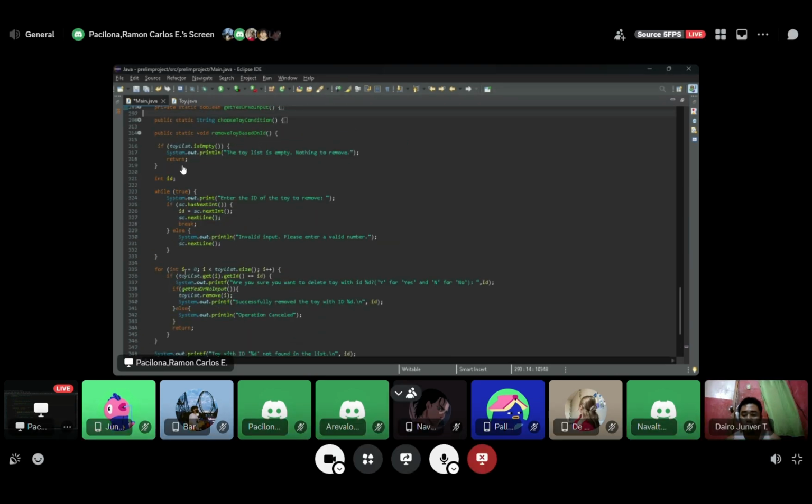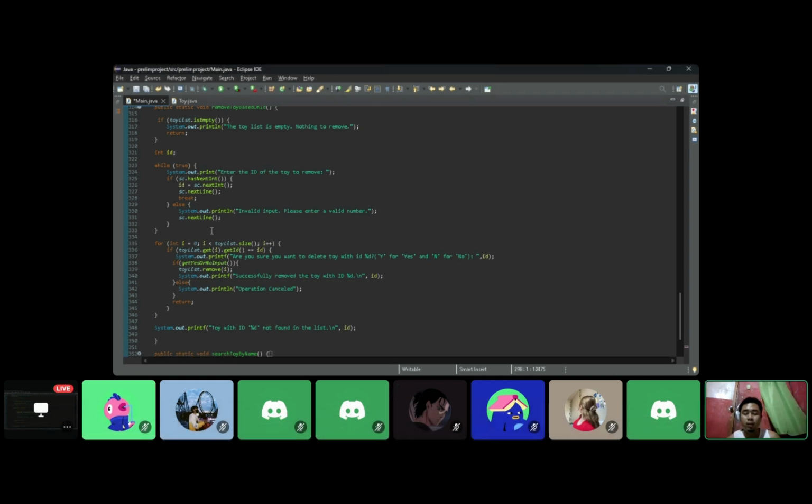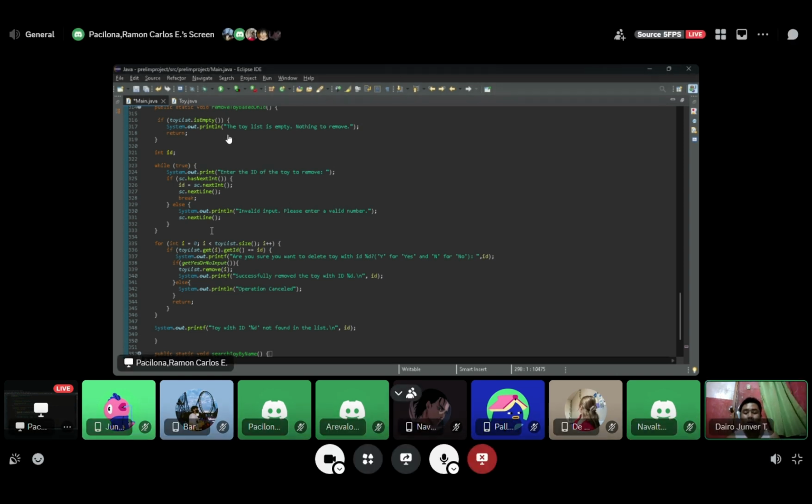First, we have an if-else statement, so it will check the user input. If the user inputs any kind of ID number, for example, if the toy list has no recorded toy, it will notify the user that the toy list is empty, nothing to remove.